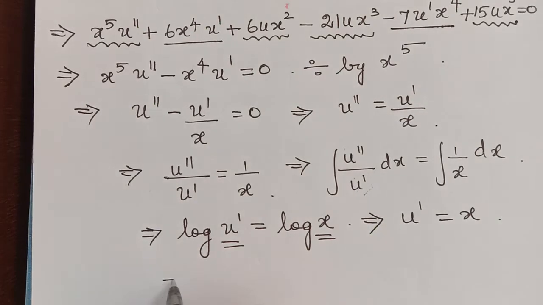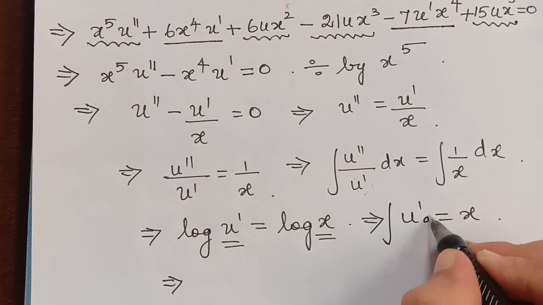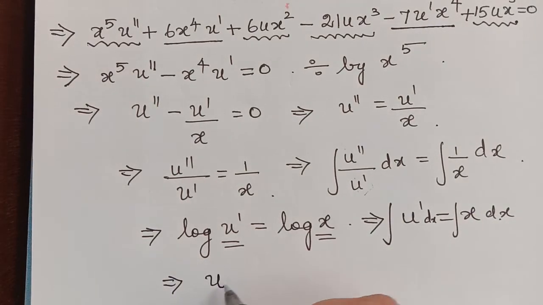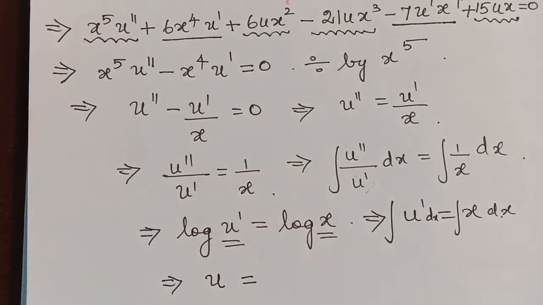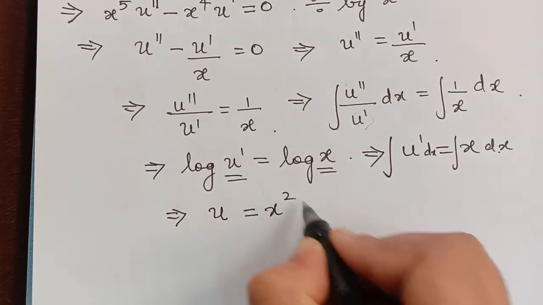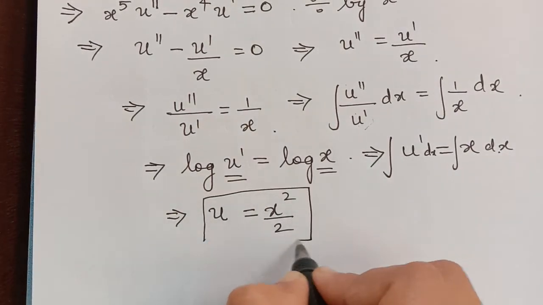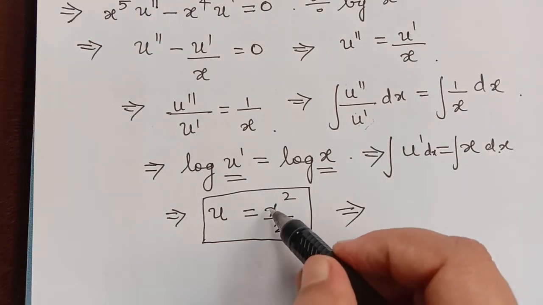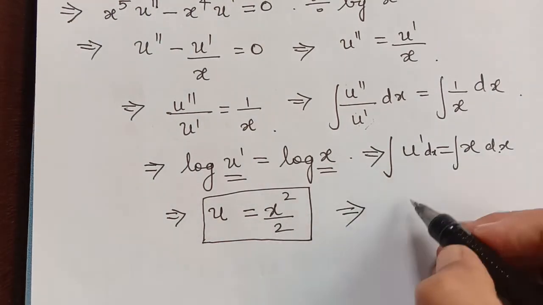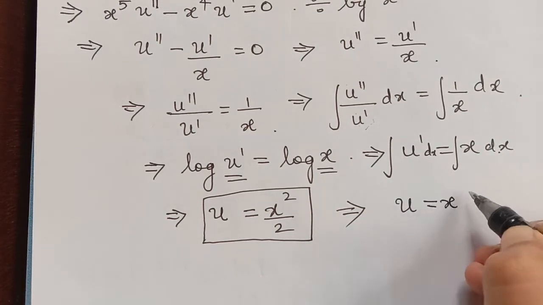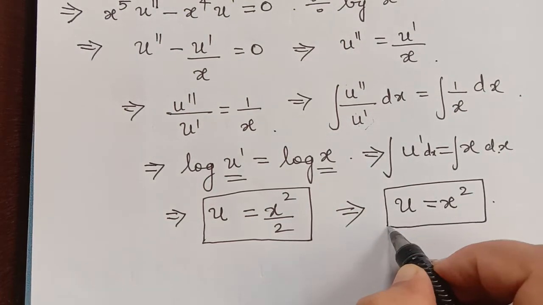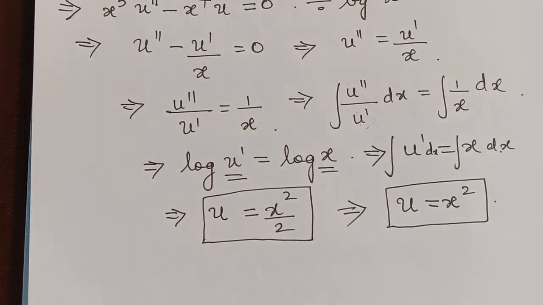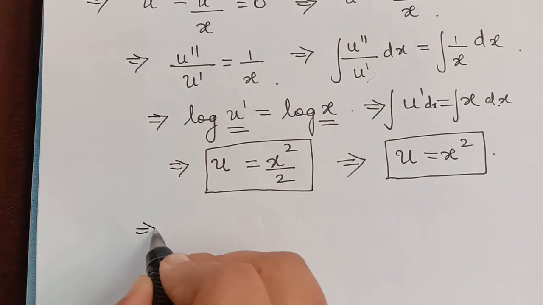Now again integrating this u dash with respect to x, dx. So what do we get? When we integrate u dash, we get u, and when we integrate x, we get x squared by 2. So the value of u is equal to x squared by 2. This 1 by 2 is negligible, so we can take u to be equal to x squared. So we can just have it in this way. So we can consider u to be equal to x squared, and actually we are finding the solution phi 2,